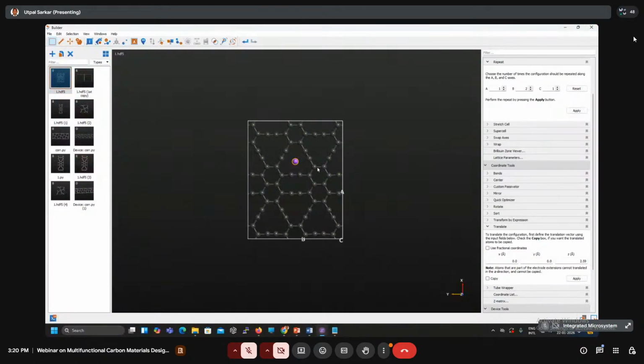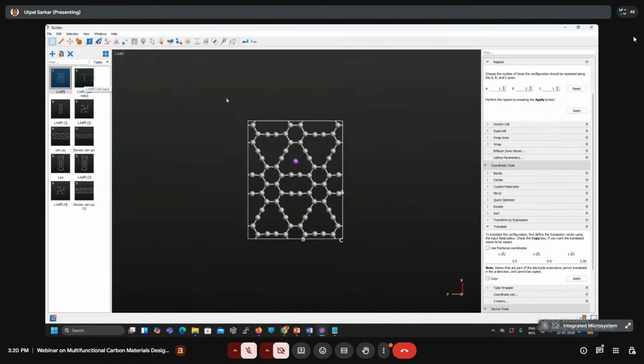Accordingly, we have to put them one by one on the 8 adsorption sites. After adsorbing the 8 ions, we will get the first layer. Accordingly, opposite of the first layer, we will get the second layer, and similarly, we will get the maximum 6 layers. Then we will go for NEB calculations.